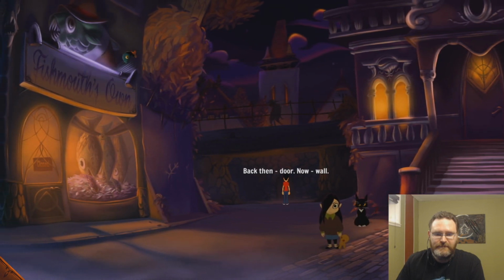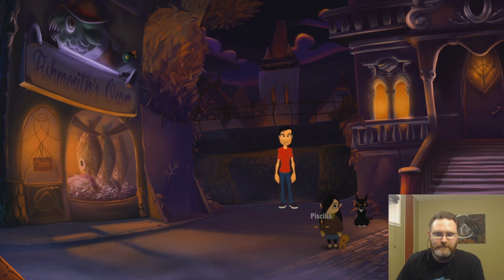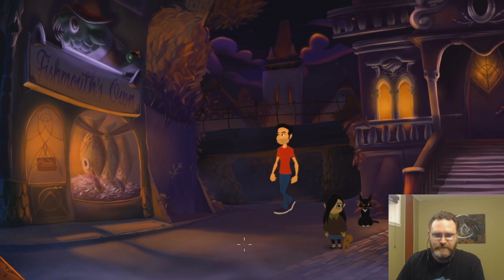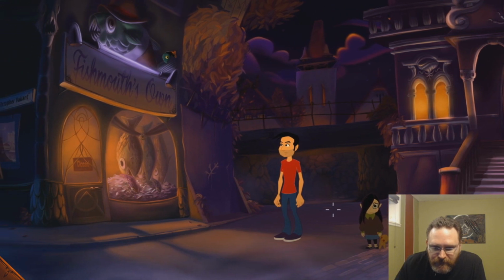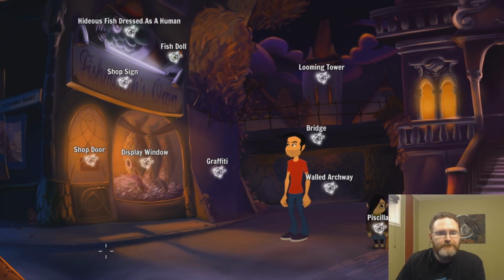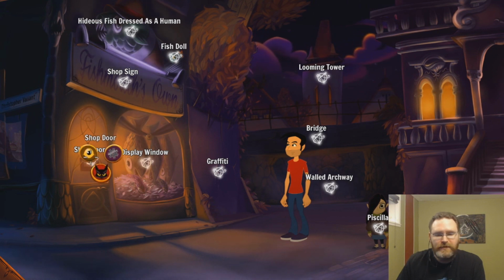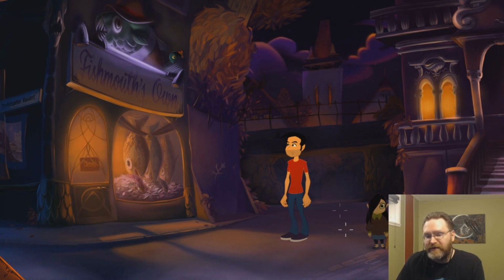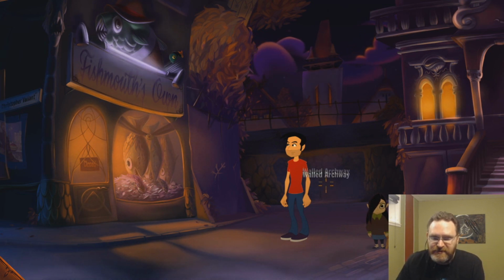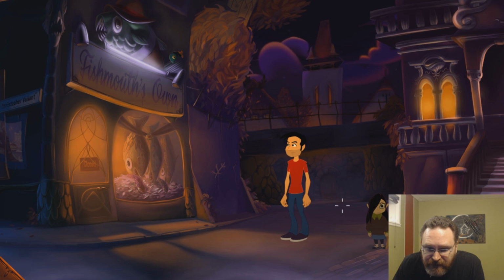Back then, door. Now, wall. Kid A has no use for that walled archway. Okay, I get it. It still looks like a door to me, that's why I keep trying to go, but I guess what they're saying is that there used to be a door and now it's walled. Looks more like those are bars, actually, so...